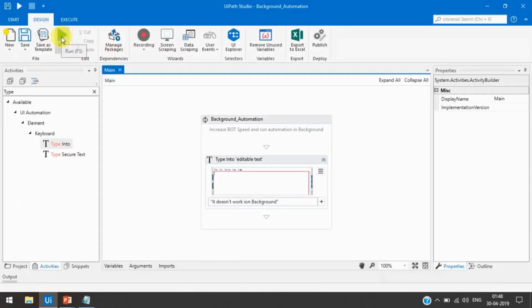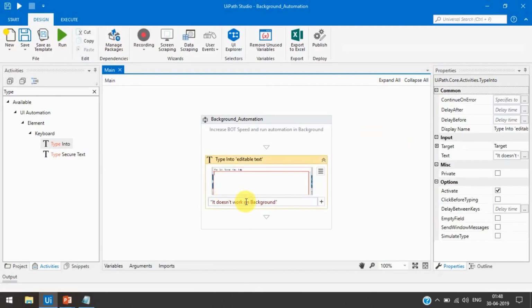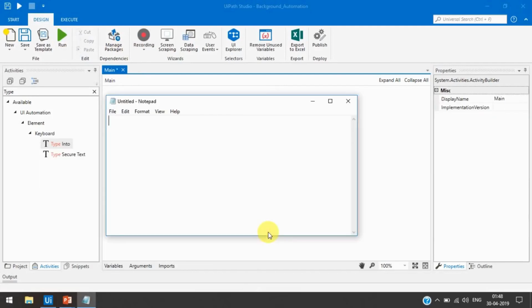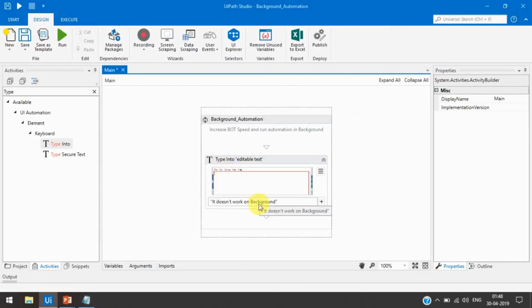Here I have just taken a type into activity to type this sentence. It doesn't work in the background. You can see the speed is 50% here, and you can compare with the time too. Let me put in 50 words.